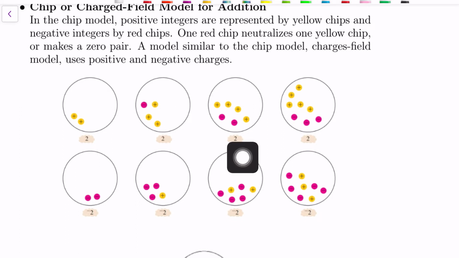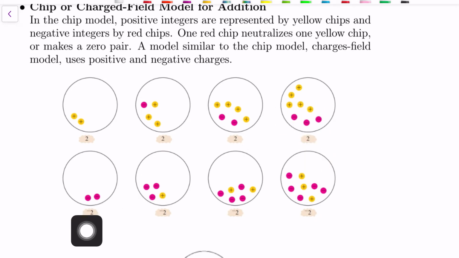The same positive 2 can be represented this way because here 2 negative charges will cancel 2 positive charges. So what you're left with are 2 positive charges or 2 yellow chips, which is still the same. So this positive 2 can be represented many different ways, as long as after negative and positive neutralize each other, you're left with 2 positive charges or 2 yellow chips, then that still